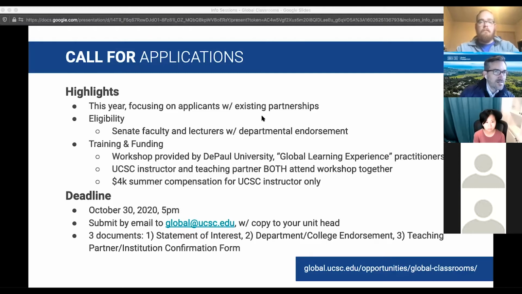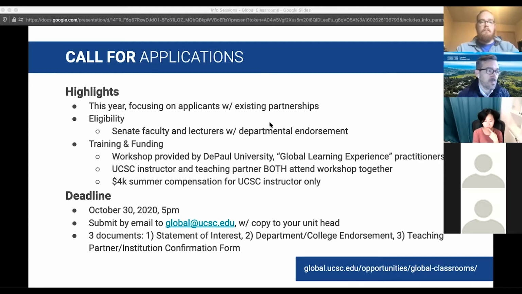So this year, because of the timeline we're working under, to put the call out this fall and try to get some applications in hopes of having faculty develop these to be delivered as early as fall 2021, we need to work pretty quickly. And because of that, we don't have enough time built into our timeline to do what is typically done with the launch of COIL, where there's a great deal of effort put into partnership building and matchmaking at the beginning of all of this to help connect teaching partners at different institutions. Though this is something we really hope to be able to do in a future call,